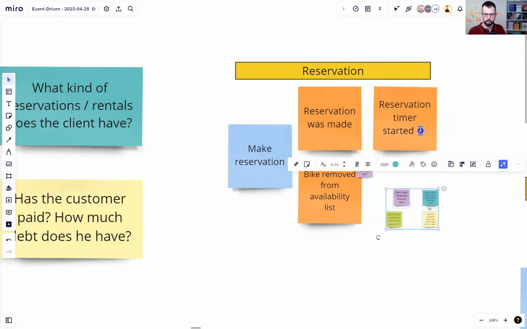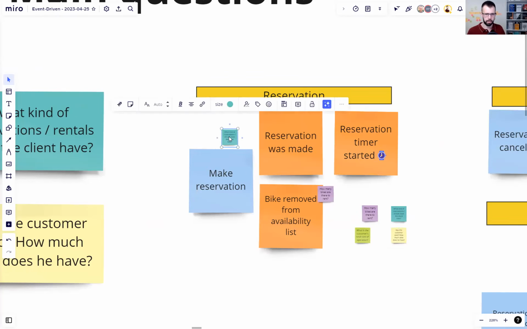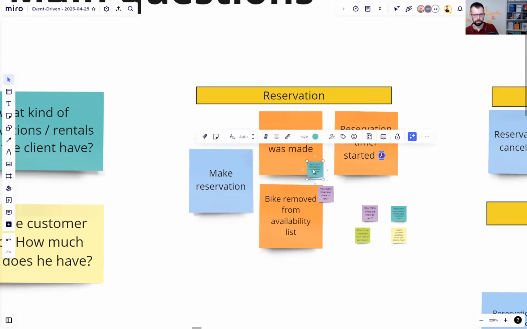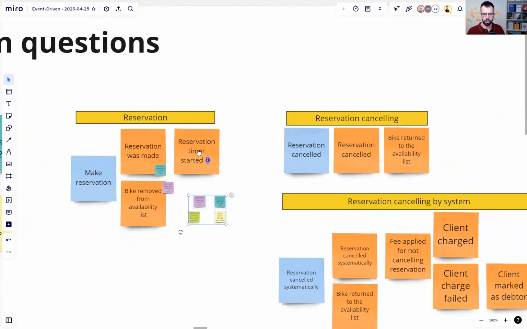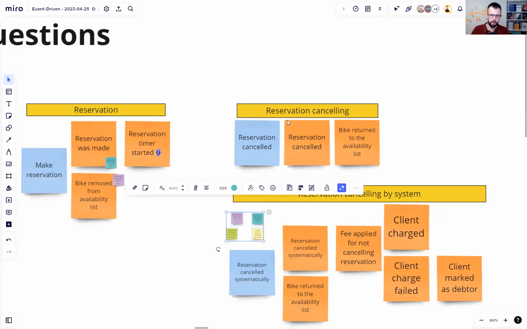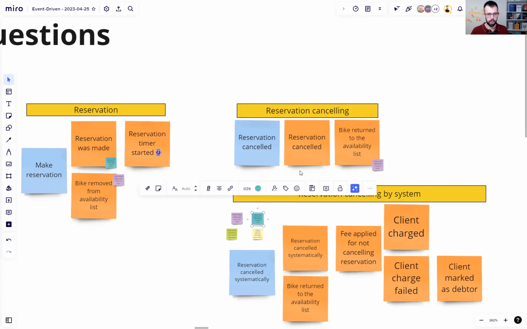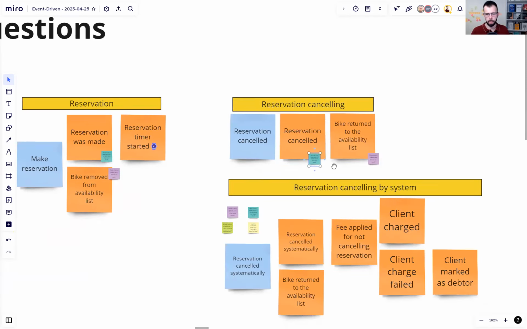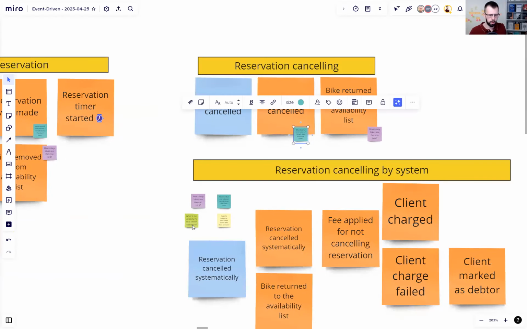Okay. But reservation was made, it's probably connected to this question about the reservation rentals, about the client's information. And this reservation timer started is connected to just some technical part of our solution. Then we have reservation canceling, so also the same situation. There we have information about the availability, about the client's processes. But then there is an interesting thing on the bottom, that we will use 4 different questions to mark these